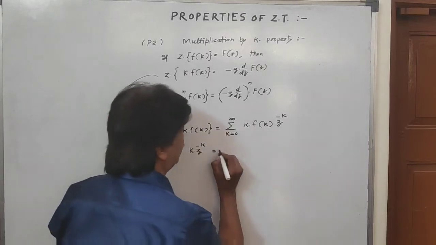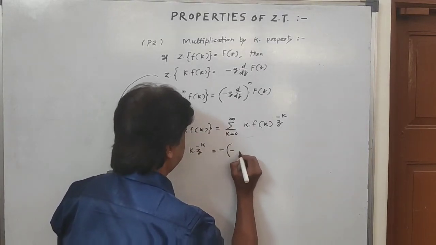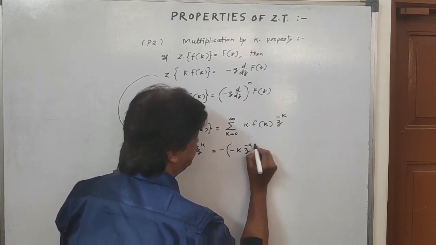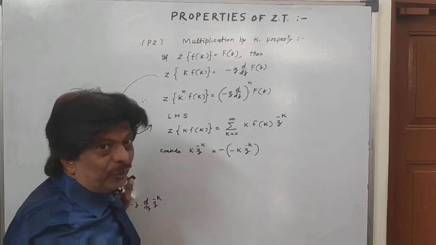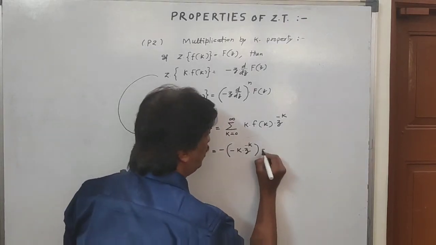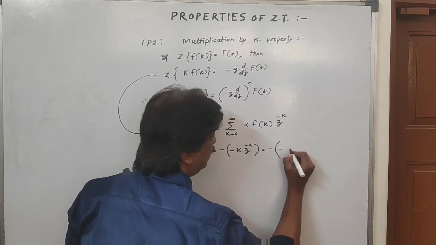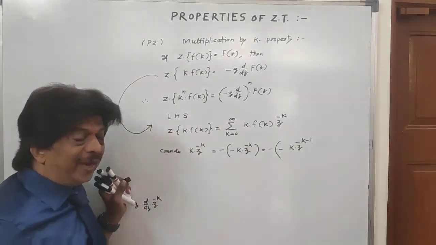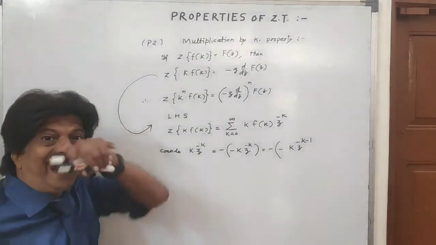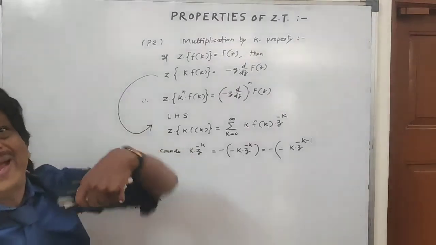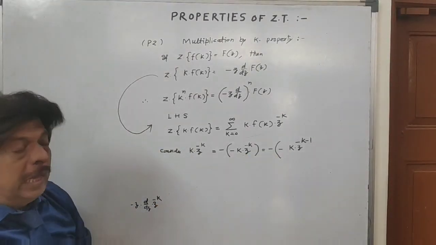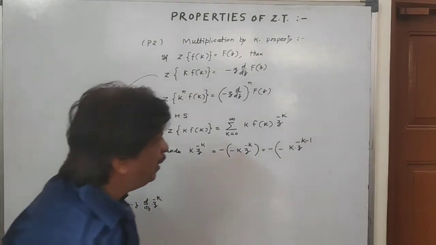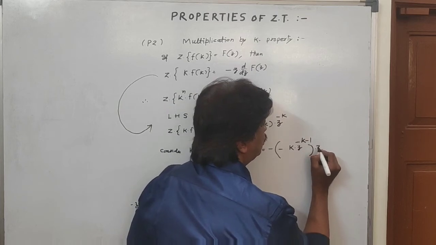If I am writing it as minus times minus k into z raised to power minus k, just I have introduced two negative signs. Again, that is further equal to minus times minus k into z raised to power minus k minus 1. Why did I make this adjustment? The derivative of z raised to power minus k is minus k, z raised to power minus k minus 1, that is, since it is multiplied by z raised to power minus 1, I have to divide by z raised to power minus 1. So I have to multiply by z also.